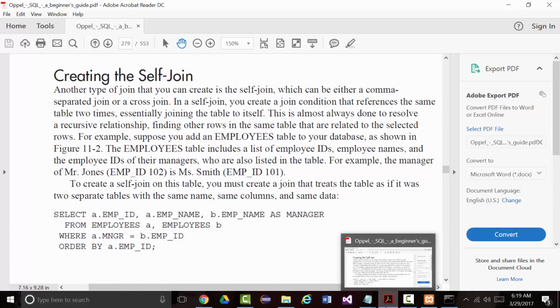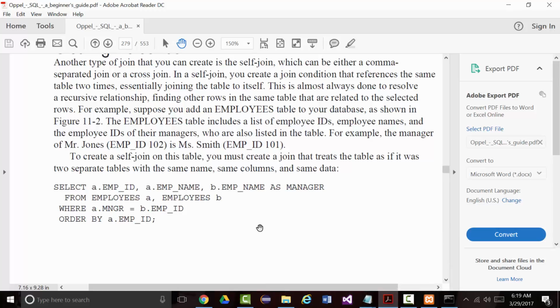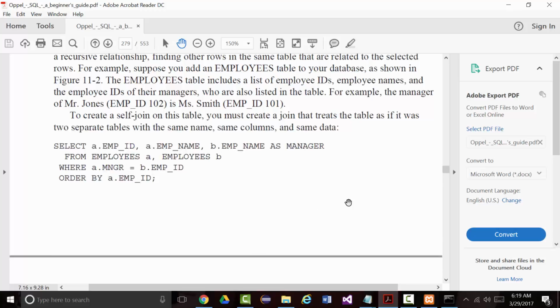Self-join. A self-join is when you join a table on itself. Sometimes, believe it or not, that's the only way that you can get the information that you're looking for. Now, in this example, because I don't believe I have a good self-join example with the database that I've